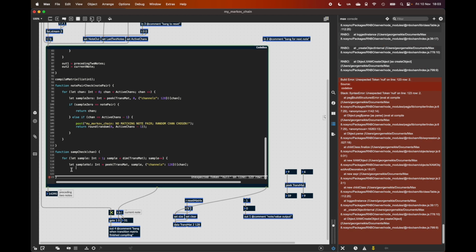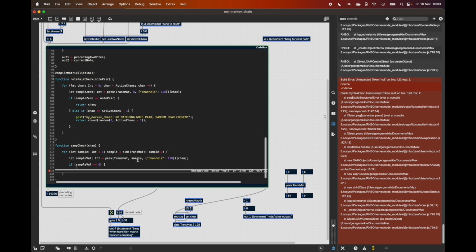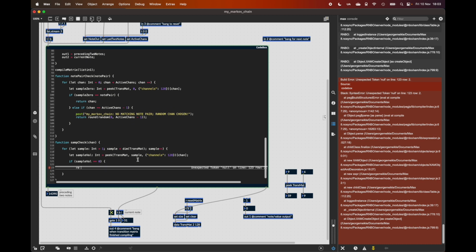Oh, this for loop needs to be closed off. We're going to do if sample val is equal to 0, then we're going to return